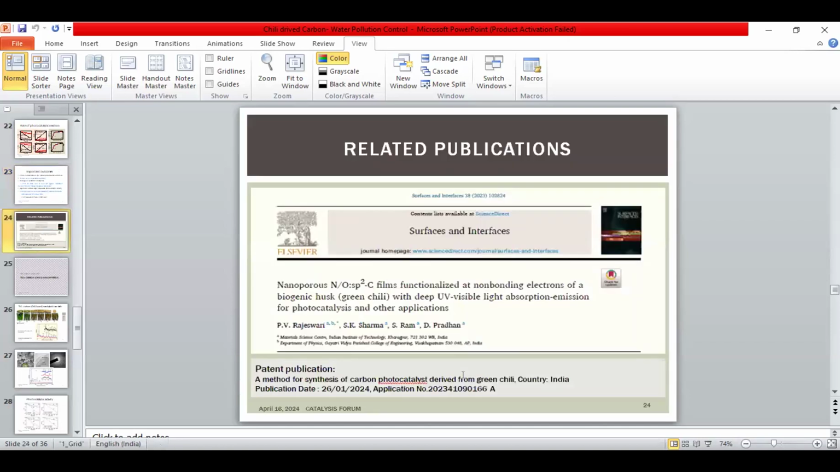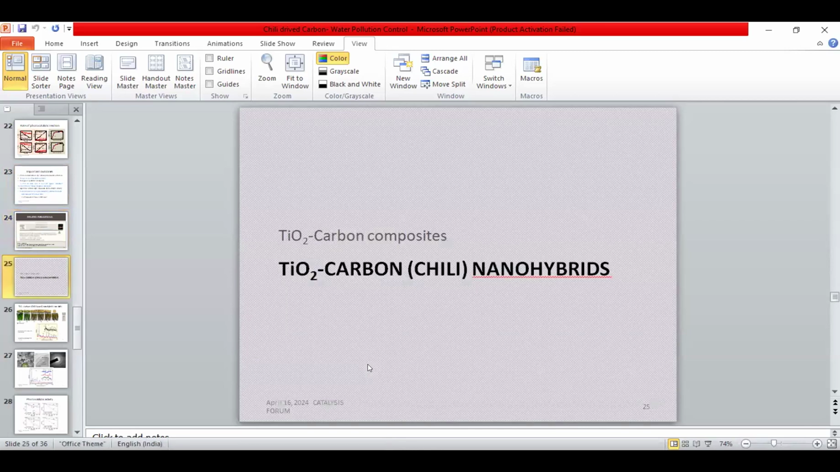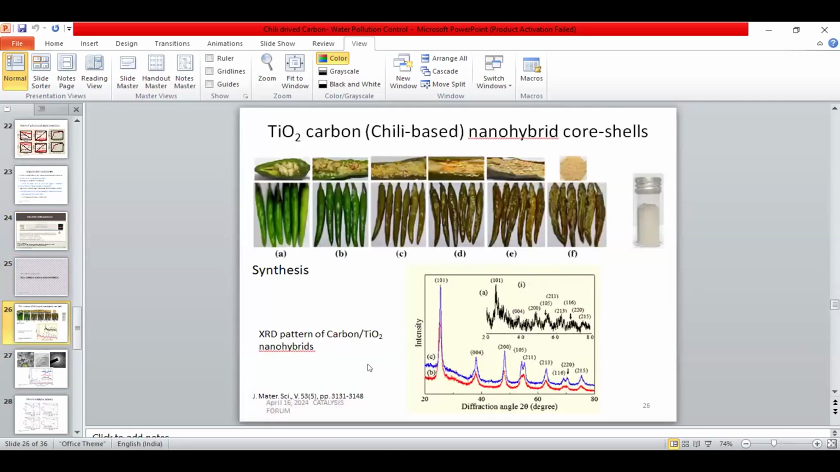Now, these are the related publications with this carbon. So the first one is the publication, the second one is the patent publication. We are now interested in what actually happens if I take this chili paper and TiO2 together, making the composite. And wrapping up the content fast,